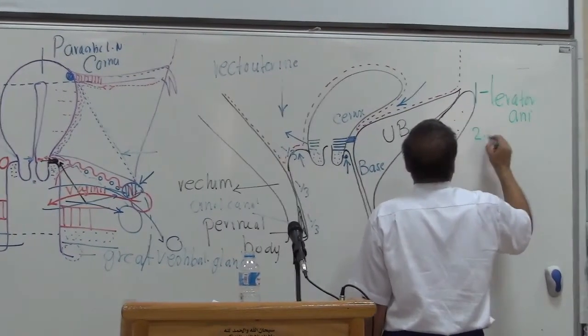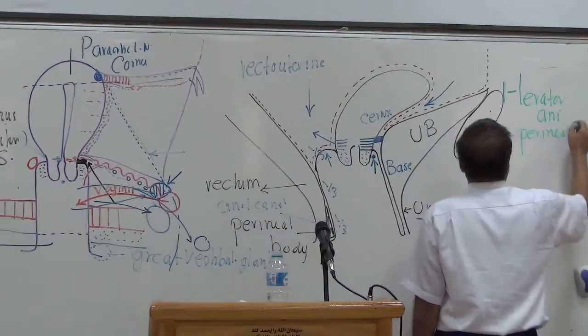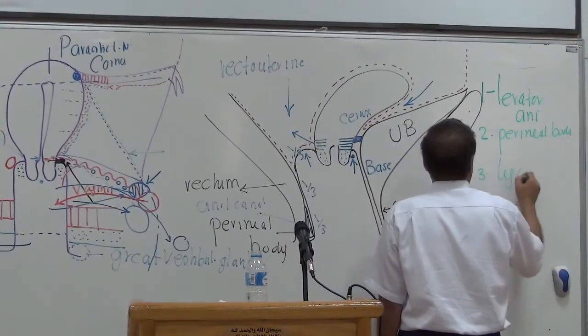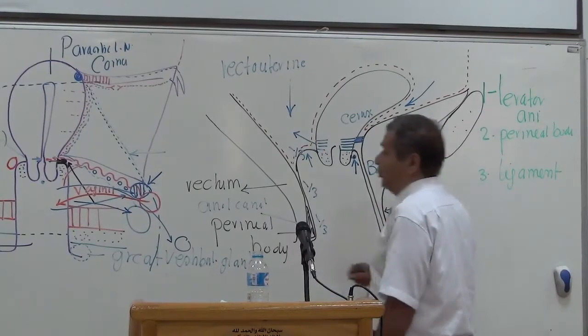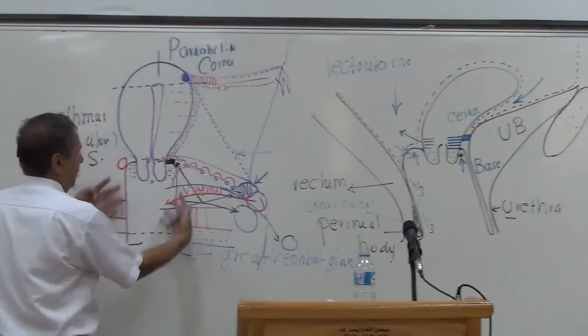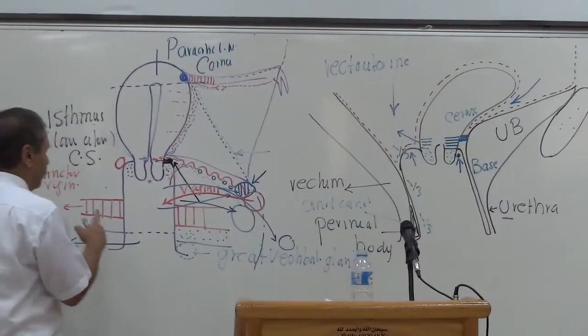Number two, the perineal body. Number three, the ligaments. The levator ani muscle constricts the vagina, so it supports the vagina and the uterus. Damage to this